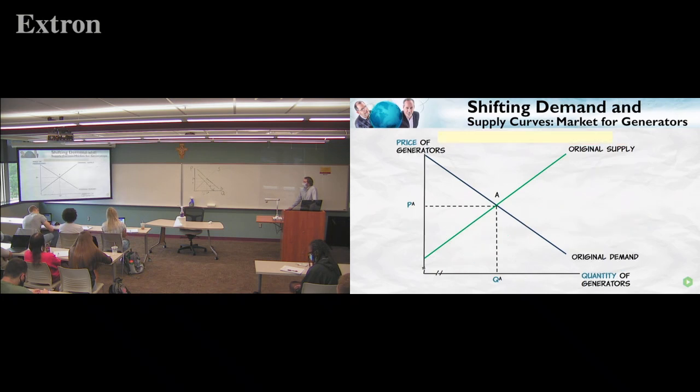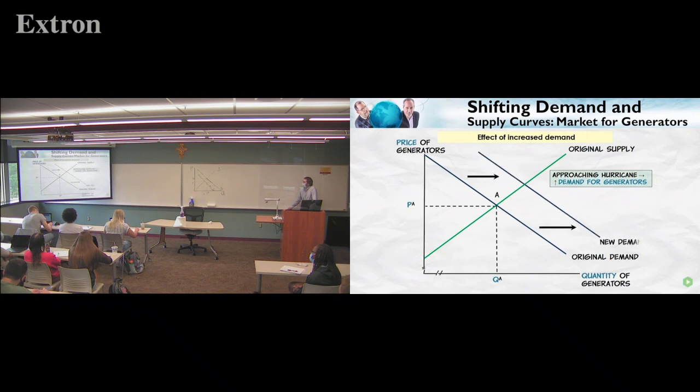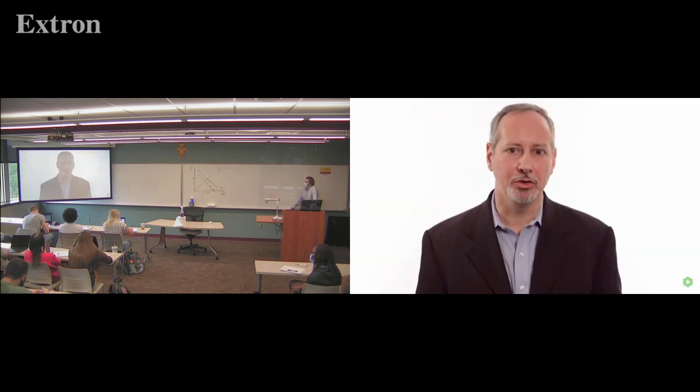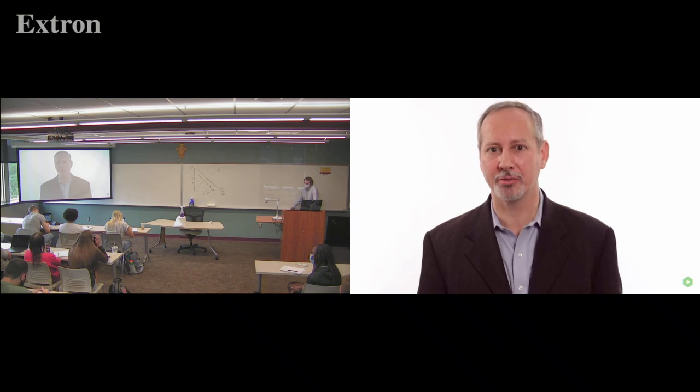Pretty good prediction. Now let's look at the market for portable generators. Let's suppose that a hurricane is approaching. What will the approaching hurricane do to the demand for generators? Well, it will increase the demand, shifting the demand curve up and to the right. What does the model predict? The model predicts an increased price of generators and a greater quantity exchanged. Also, pretty good prediction. Using the simple but powerful model of supply and demand, we can also understand important events